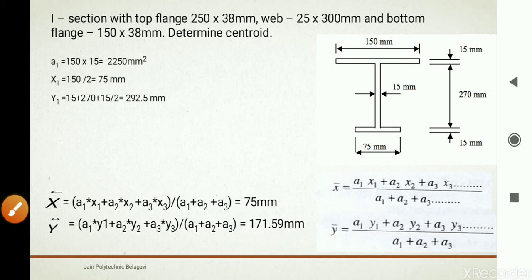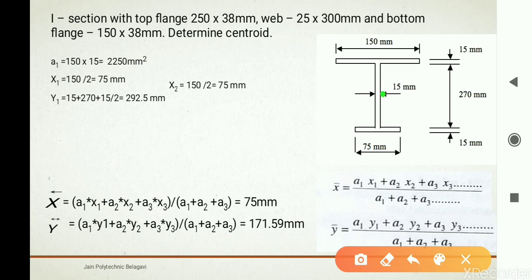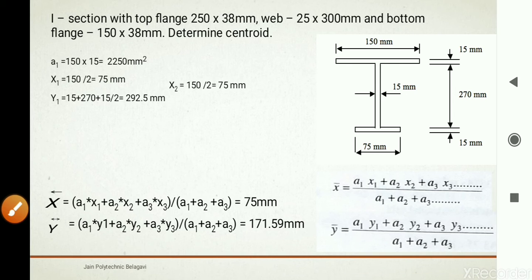Next we will take up the second section, that is web section. So web section will be having CG at this location. From there you are going to take till this. So this horizontal distance till CG is nothing but x2 distance for section 2. Next we will consider y2.